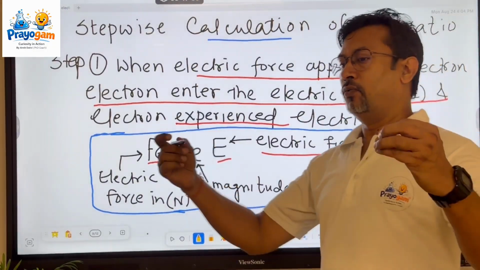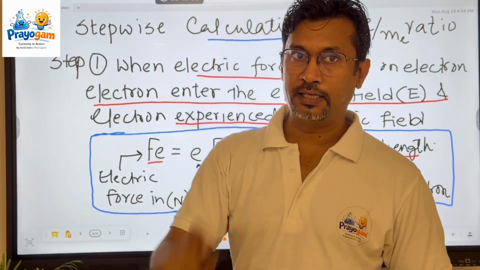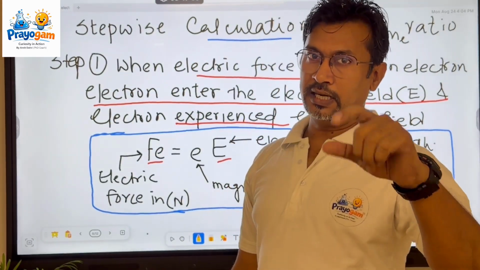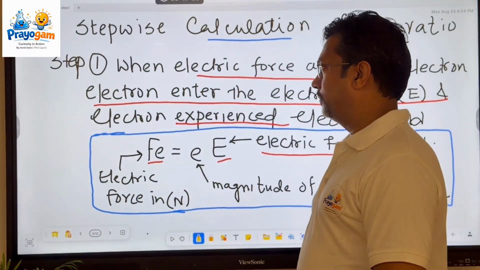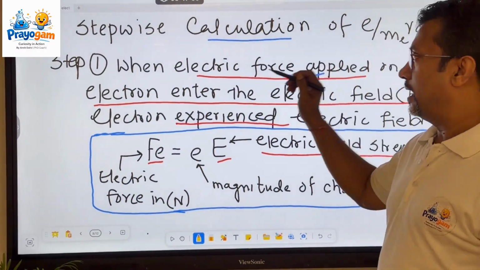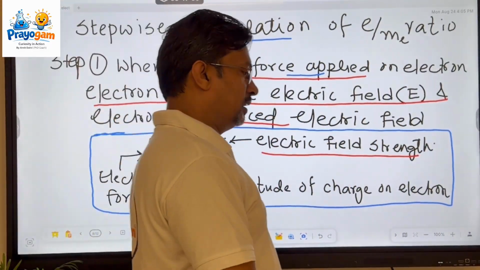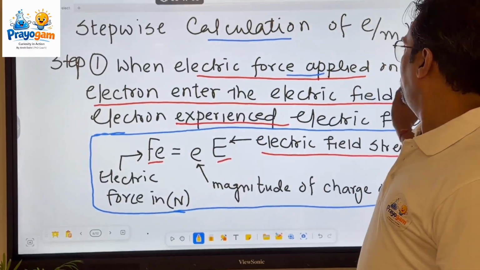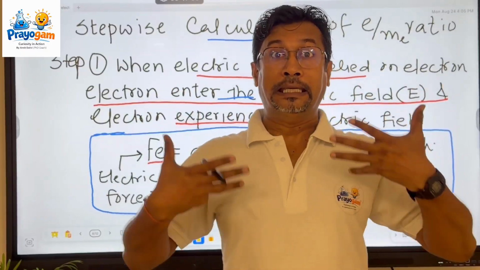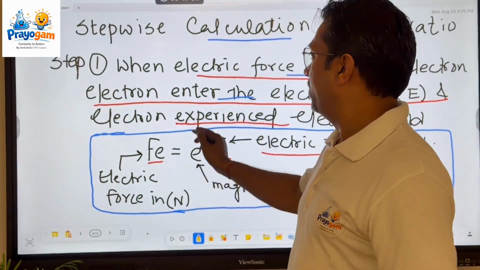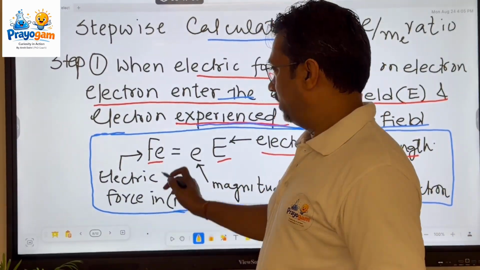So first step was when cathode ray enters into the electric field. As we have seen earlier, what did J.J. Thomson do first? He applied electric field, right? So that electric field will create what? Electric force, right? When electric force is applied on the electron, the electron feels the electric field. What does it do? It experiences the electric field, right? So this is the force